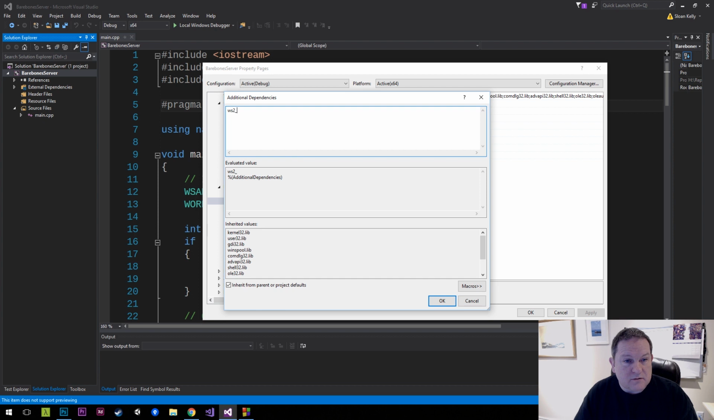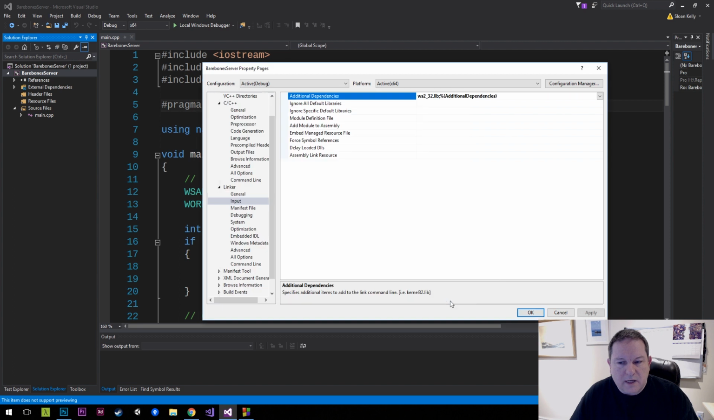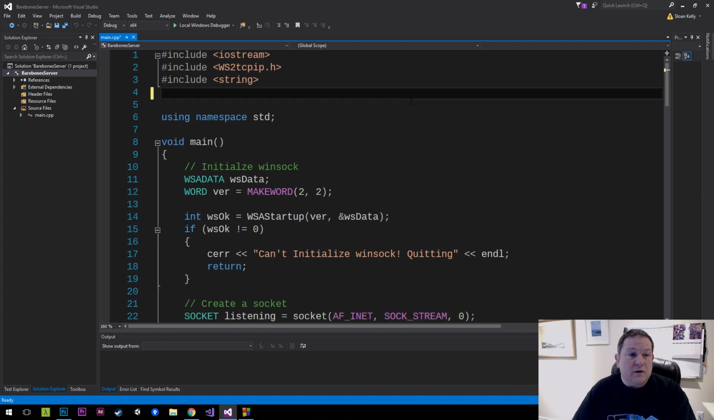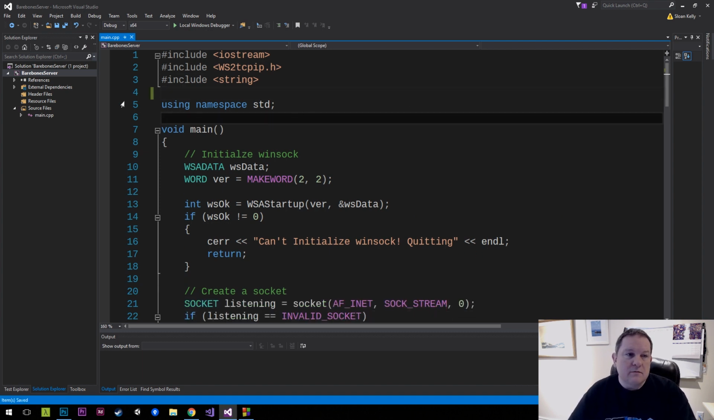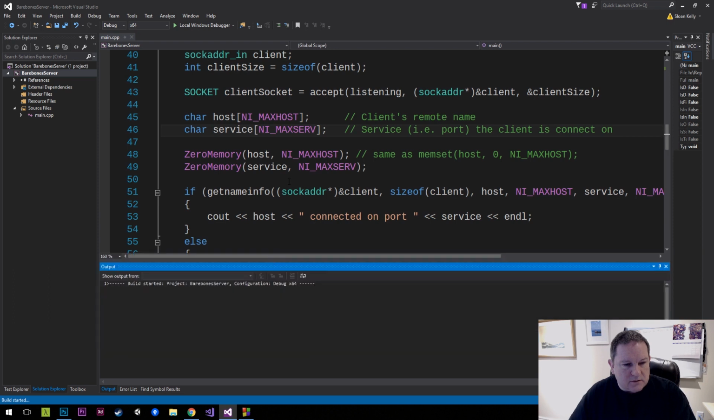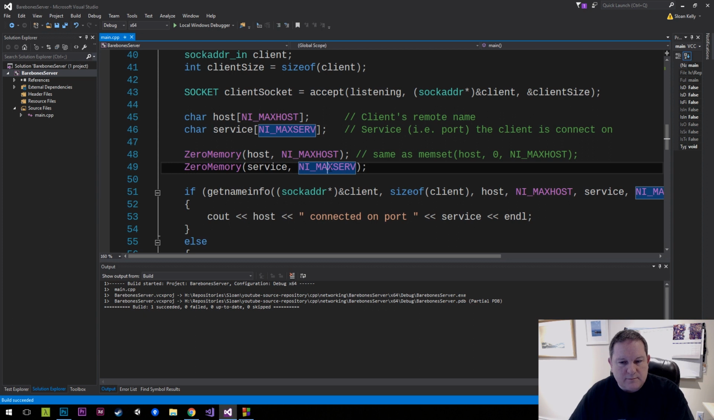So if I add ws2_32.lib, which I think is the right one, and then click on OK, and then apply, and then OK, you should see that be the right one there. ws2_32.lib, OK. And now we can get rid of that line. So now the project itself has the reference, and now our source code should, and I use the word loosely, just work. So I will run this just to confirm,